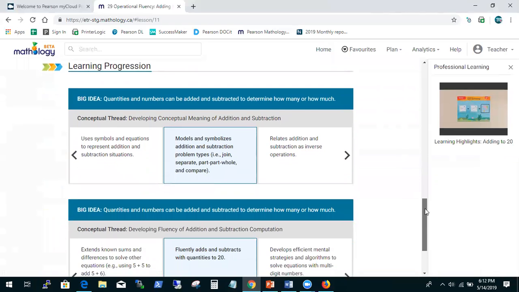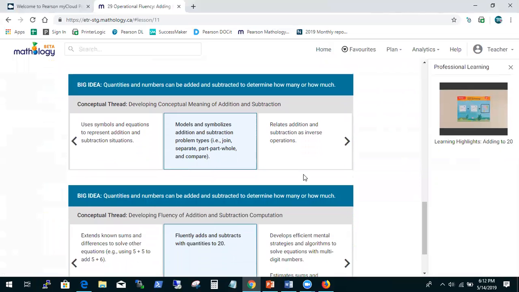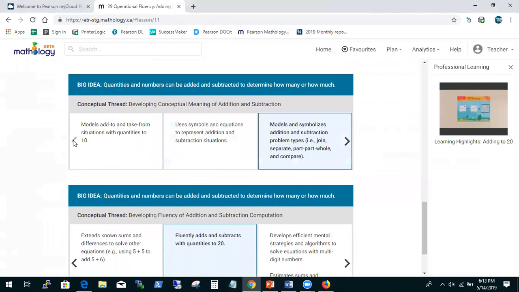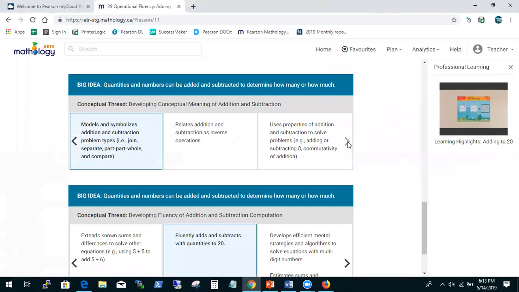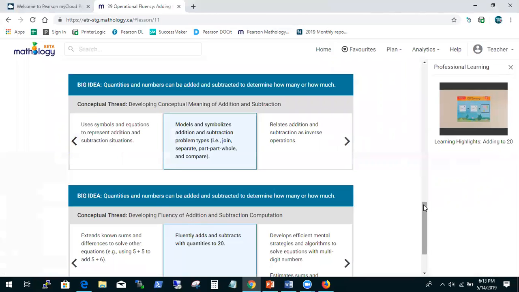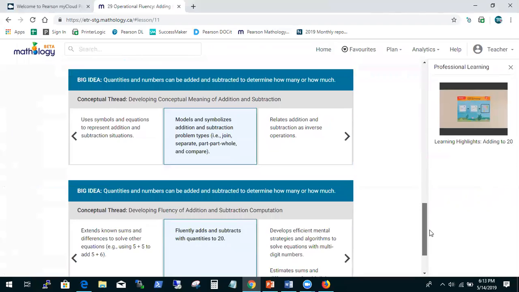In this case, it's always shown in the middle, but as a teacher, you're always allowed to go and see what came before. So if this is where we're aiming this activity to be, you can see where kids came from on the developmental path to get to this. And you can also see where they're going after this particular activity is done. This particular activity has 2 actual concepts built into it. That's why there's 2 different parts of the learning